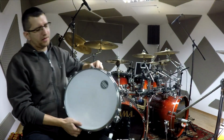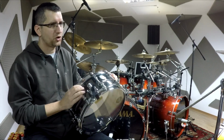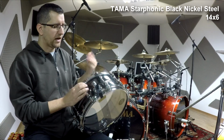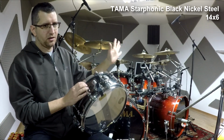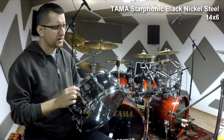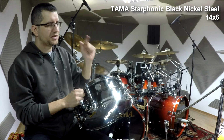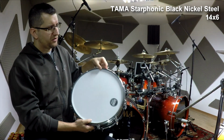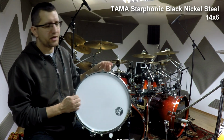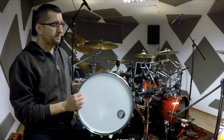Okay, and coming to my latest snare, or latest purchase, which I bought this January, also used, but basically in brand new condition. Somebody just bought it, played it like 2 times, and then put it back, everything in the original box. This is basically the brother. It is the Starphonic black nickel steel, but in the size of 14 by 6. Still got the Evans G1 snare heads, because Tama delivers their drums with Evans,